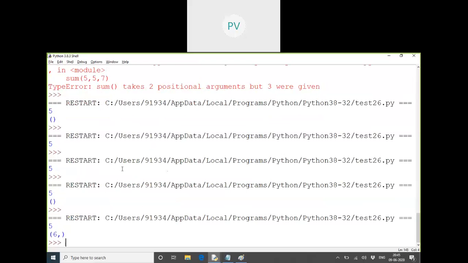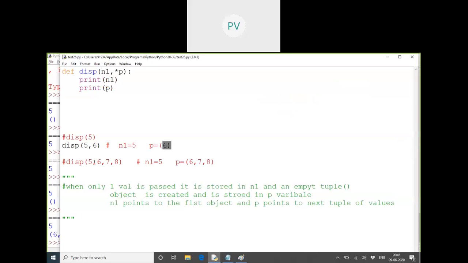Clear? Now again you can see the comma. Observe that. The system is doing it automatically. When you passed one value, it created a tuple and put the comma on its own, because it's waiting for some other values. So this is automated code. Now I'm commenting this code and trying to call the third one. Now how many values am I passing to display? I'm passing 4 values. The first will be in N1, and all the remaining will be in the tuple. So the comma symbol is important here.